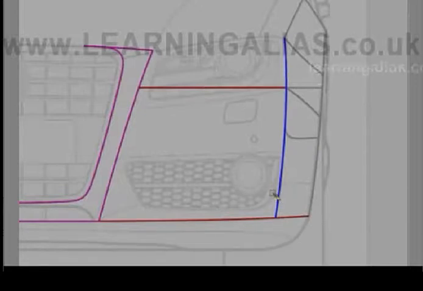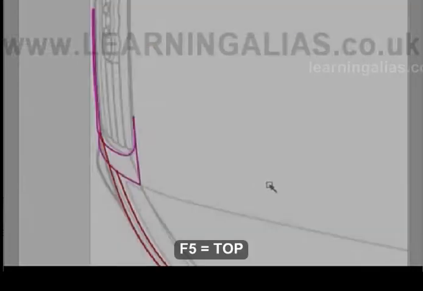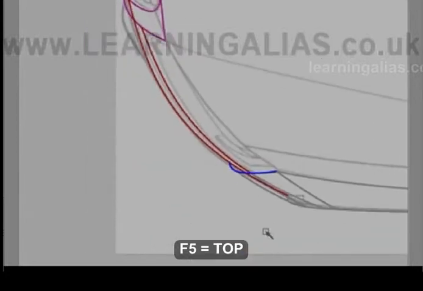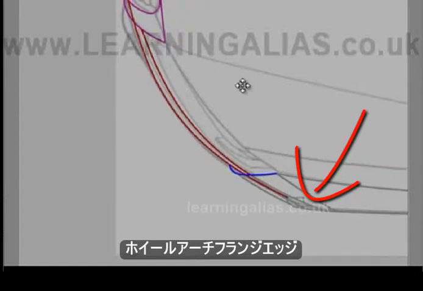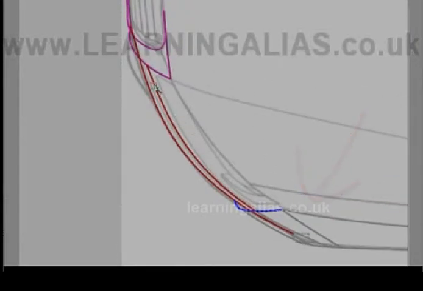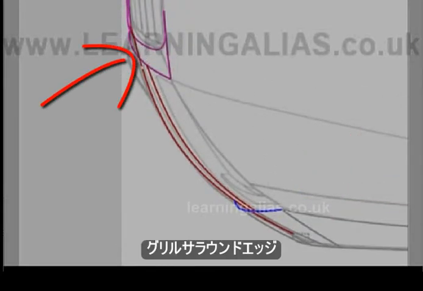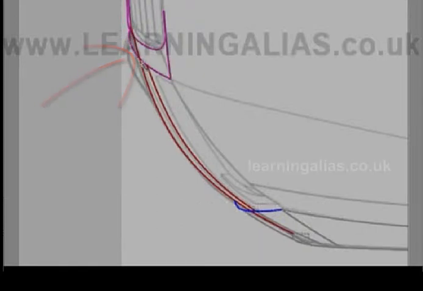Look at that in F5, and here we see this is the edge of the wheel arch flange. Not very clear in this view, and this is the edge of the grille surround panel as it comes around there, and that's the point. Okay,